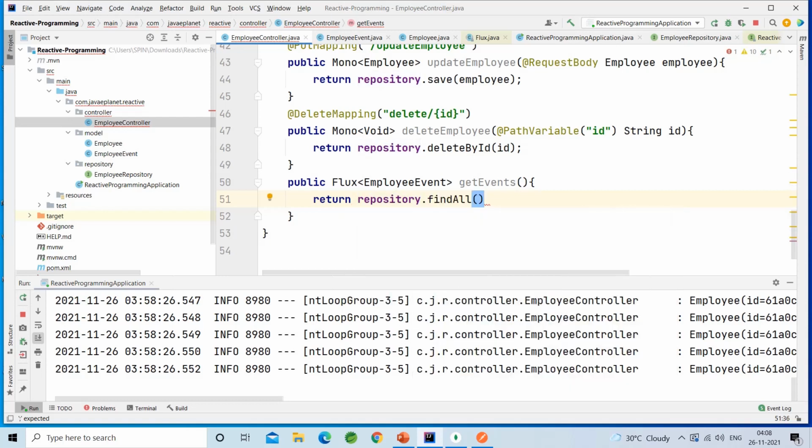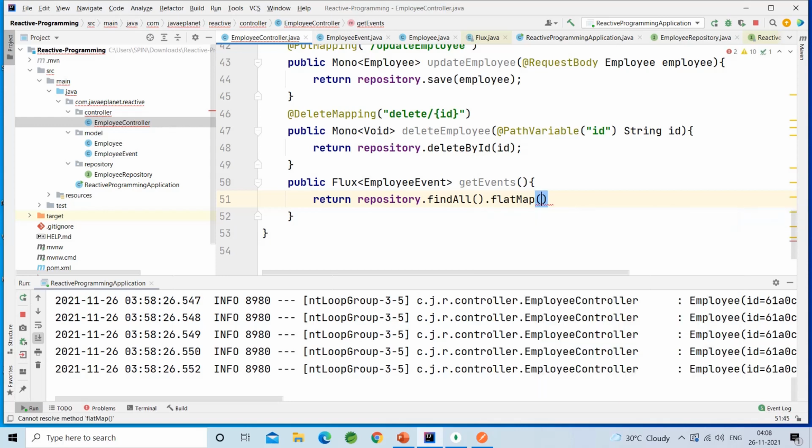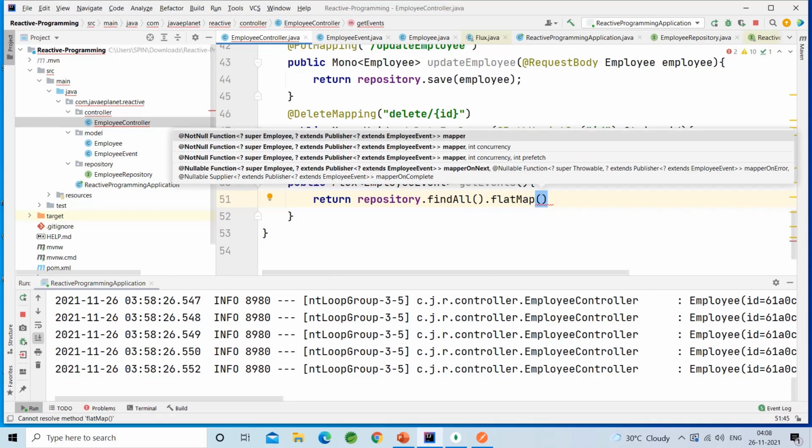That means it will get the data from the database and it will display the data in the UI, each record with a gap of 3 seconds, by using reactive streams. findAll.flatMap for each employee.